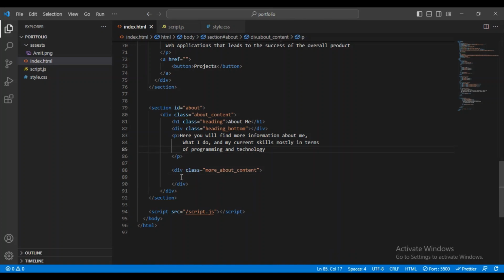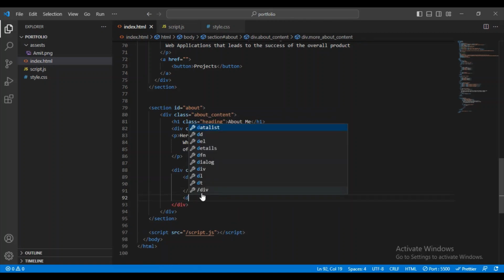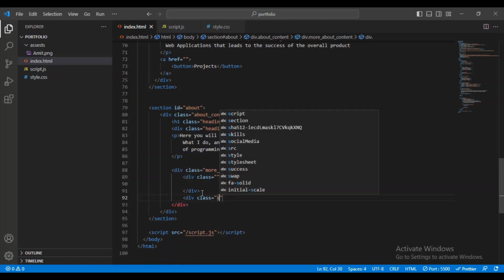For that, here I will give the div class name, and here second one will be the skill, div class name, and here I will give the skills,